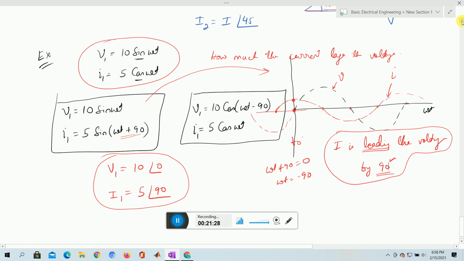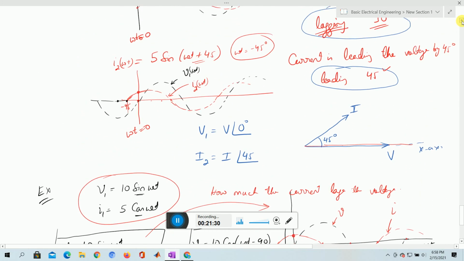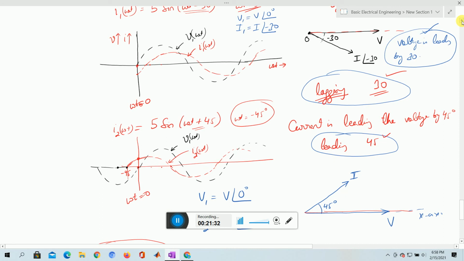So let me just show you there. Here you can see the 45 degrees. Whenever we are writing minus 30 here, fine, and plus 45, all the terms are added in positive values and given an appropriate term: lagging 30, leading 45. Instead of lagging, you can say leading minus 30. So those terms can be shuffled, but more appropriately, if all the terms are positive and lag or lead is specified, it is good. So this is the overall concept.